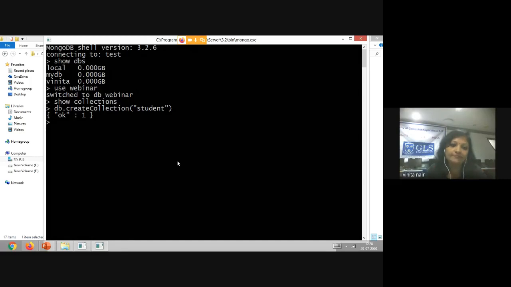Okay, one collection has been created. Fine. Now I have to put a document into my collection. जैसे आप RDBMS में table create करते हो, and table create करने के बाद you insert records into the table. Same way I have to create a document and I have to insert into my collection named student. So the syntax for inserting a document in my collection is